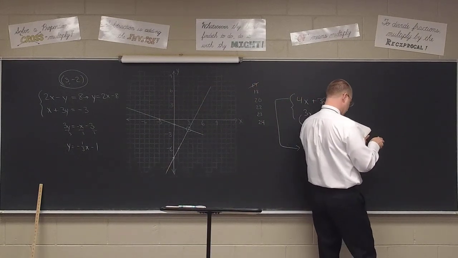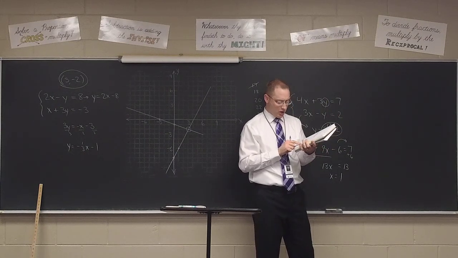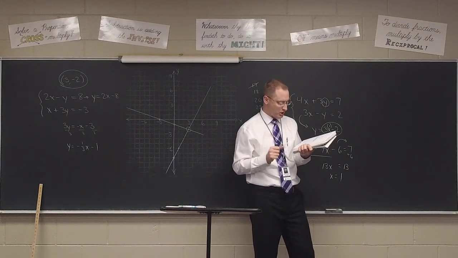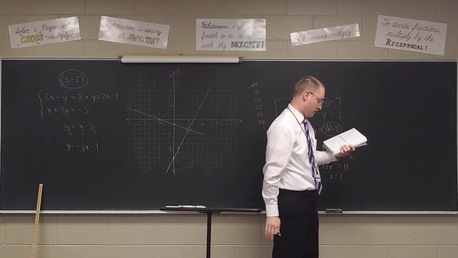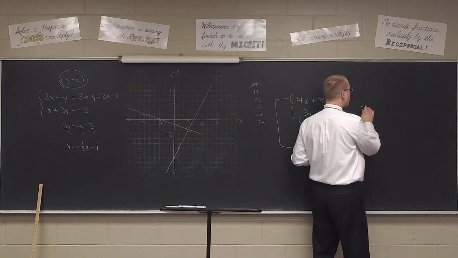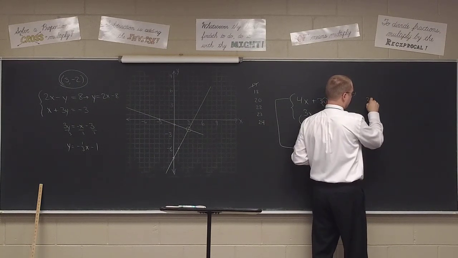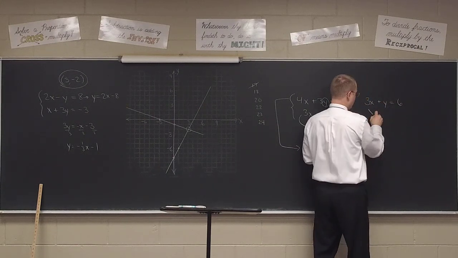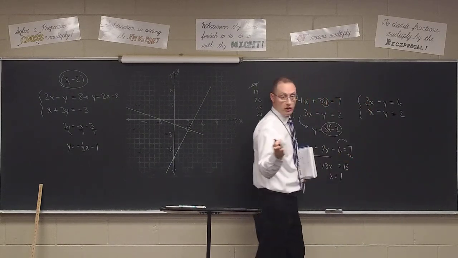We have a 6x plus 2. Look at that top equation, class. On number 18, 6x plus 2y equals 12. Noah, do you see something we could do to simplify that equation? You didn't have to do it this way, but what could we have done? What would we have gotten if we took a 2 out of everything in the top equation? 3x positive y equals 6. And then the bottom equation's already good at x minus y equals 2, and suddenly there's something that's already set to drop out